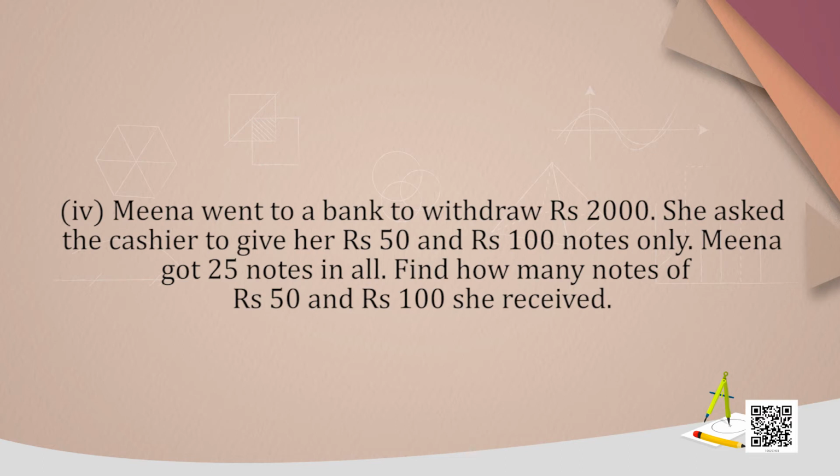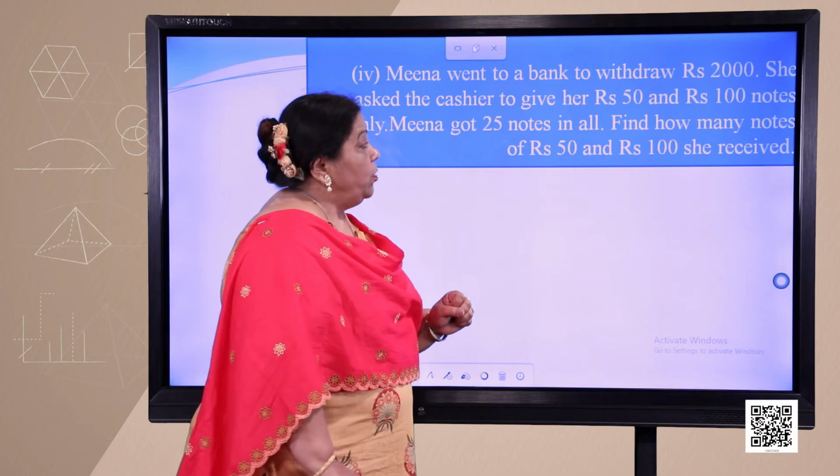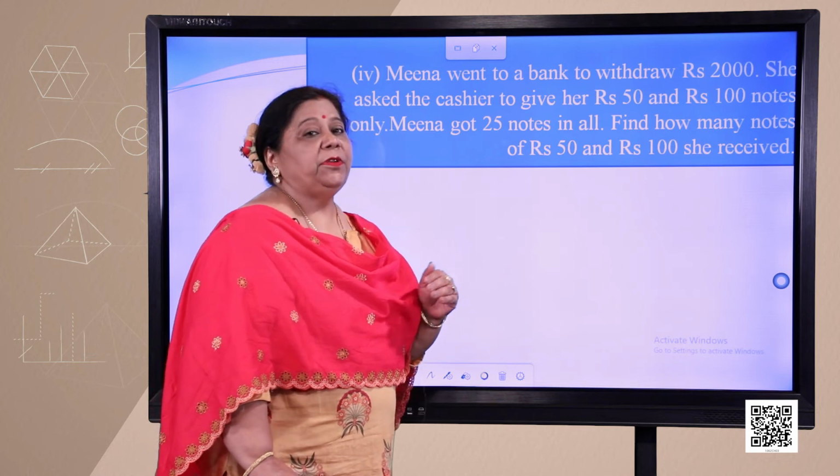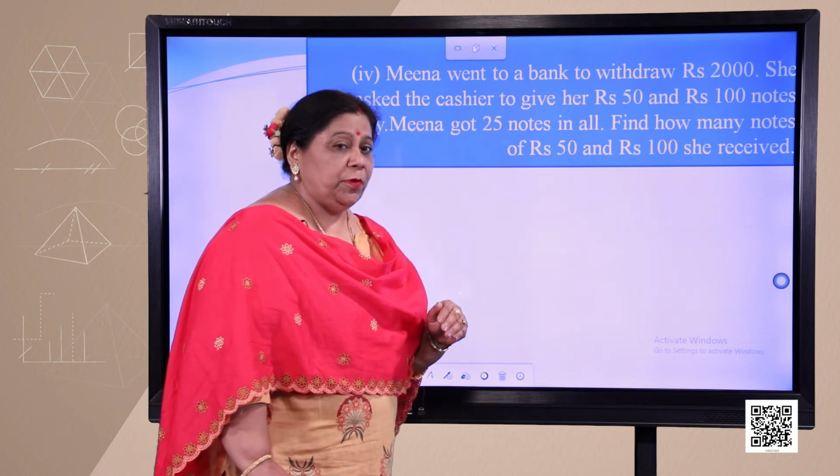She asked the cashier to give her 50 rupees notes and 100 rupees notes only. Meena got 25 notes in all. Find how many notes of rupees 50 and rupees 100 she received. Now, let us take rupees 50 notes to be x in number and rupees 100 notes to be y in